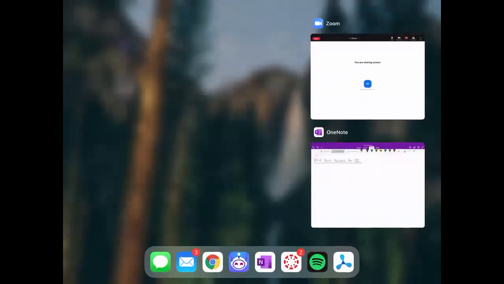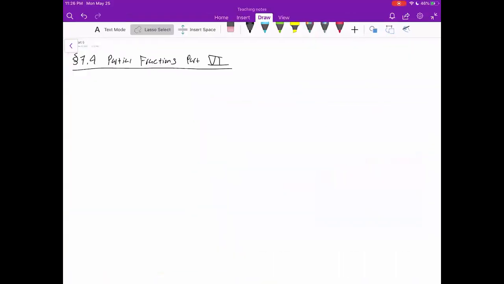All right, so we're going to continue on with section 7.4, partial fractions, part 6. This is a long section. It's supposed to take up about two lectures' worth of material. So last time we saw,